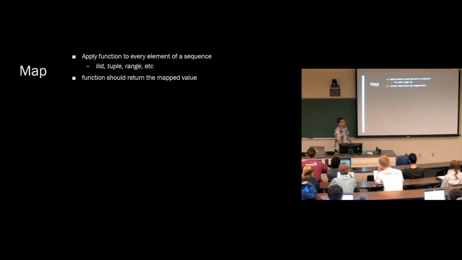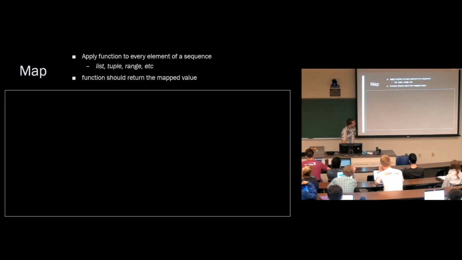What it does is it takes in a function and an iterable, and it applies that function to everything in the iterable. So here's an example. We've got a string, comma, space, and then we're calling .join on this string. And what that does is you pass in some iterable, and then it separates each element of that iterable with the string. So like, let's say we call like